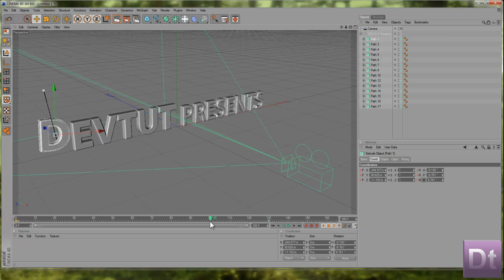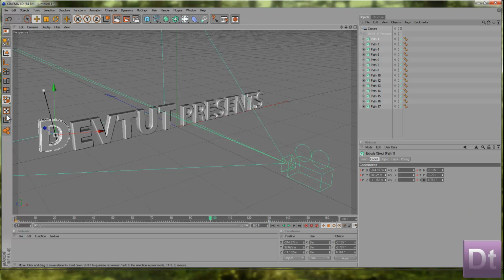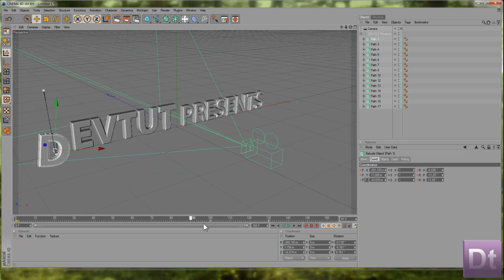Then we're going to move on to frame 100 and just make it look a little bit more like a swooping and just bring it down there. And put keyframes on every single one of those. So it goes like that. Now if you go back into camera view,